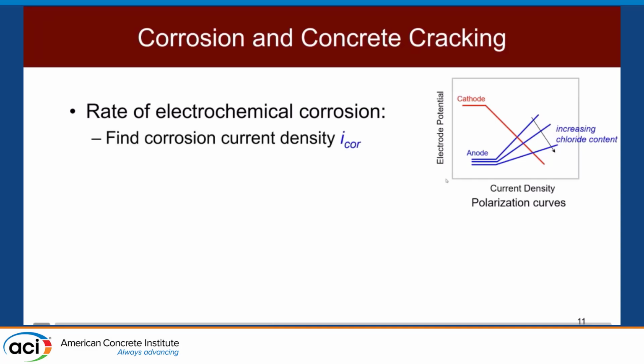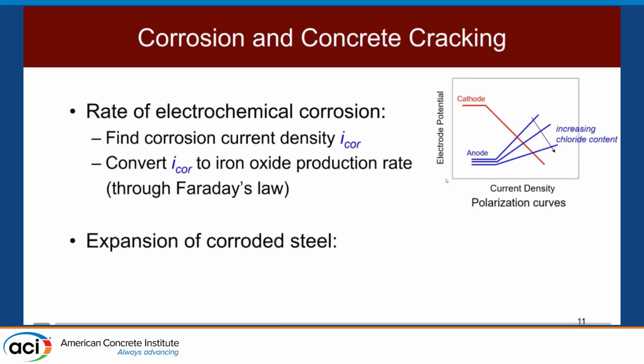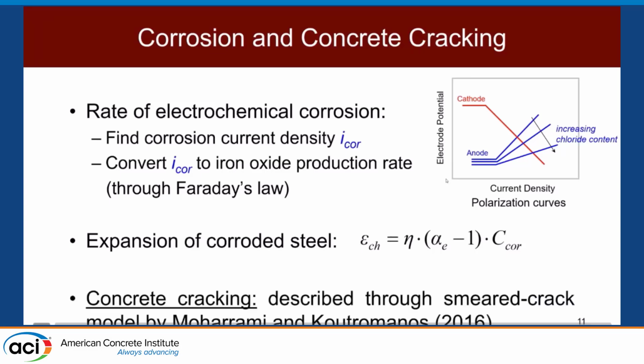This diagram eventually provides us with the corrosion current density value, which subsequently is converted to an iron oxide chemical reaction production rate through Faraday's law. Then once we have this rate of oxide production, we also have a formula that describes the expansion of corroded steel, and ultimately concrete cracking itself is described through use of a smeared crack constitutive model formulated by Moharami and